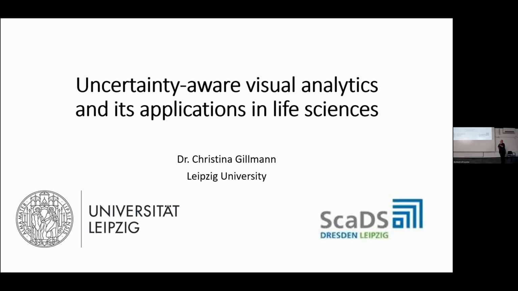It's called SCADIS AI, and this is a consortium of many researchers, funded by the German government. They wanted to have some research in the direction of artificial intelligence and big data analysis, and this is how SCADIS AI was funded. It's called Scalable Data Science and Artificial Intelligence, and there's a lot of money going on in this consortium. And one of those funded research centers is between Dresden and Leipzig, which are both cities in the state of